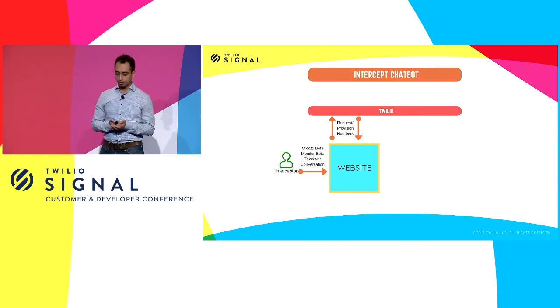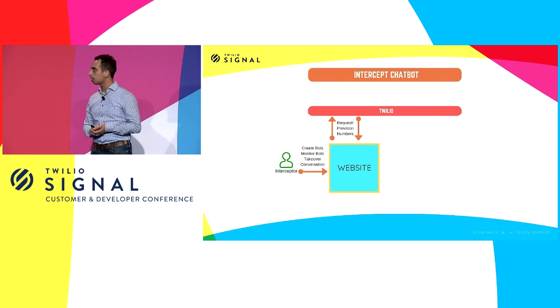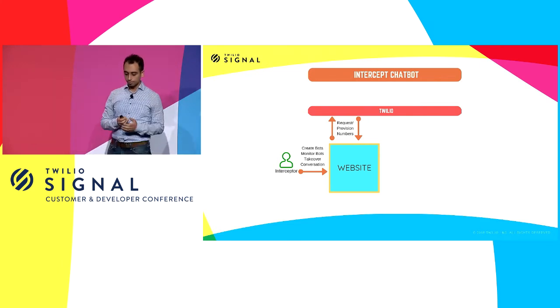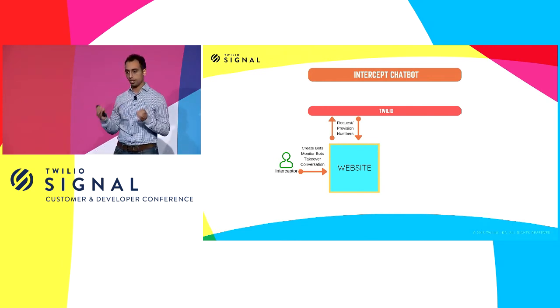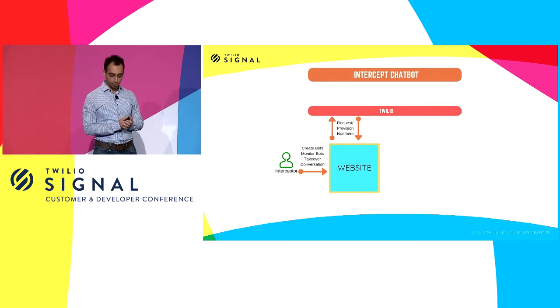In this case, the interceptor persona would be someone who either works in a law enforcement division that's using our system, or maybe a volunteer or an employee of a nonprofit who works on anti-trafficking situations, whose job is to reduce the demand in that city. They would log onto the website once again and create a bot. We have a very customizable experience for the bots. We've set up a bunch of personas that they could pick and then customize with a name, an age, location, prices, all kinds of stuff, even a photo, if you ask her for a photo and things like that.